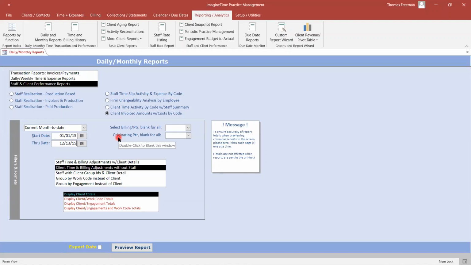In reverse order, paid realization, that's when I only want to know how well I did on invoices that were paid. Invoiced realization is, most of the time my staff collects their invoices, so I'm going to trust the invoice. So this right here is invoiced realization. Over here is paid realization. So if I run this report,